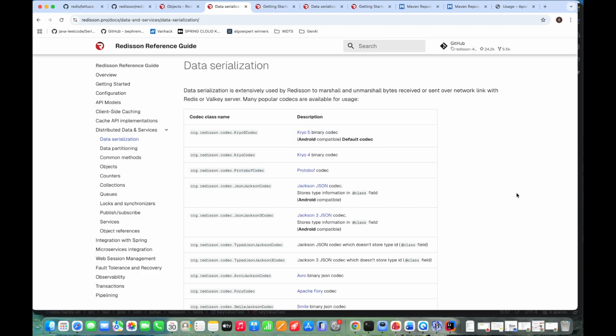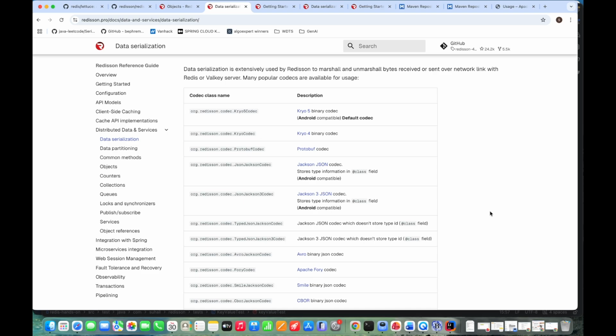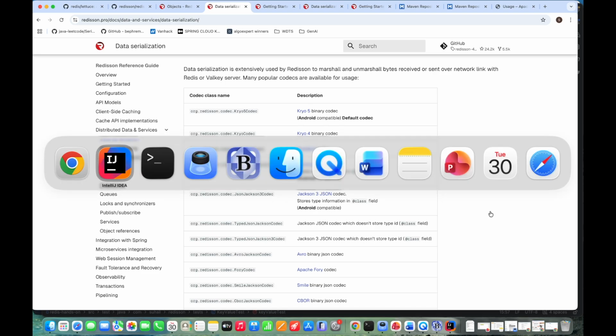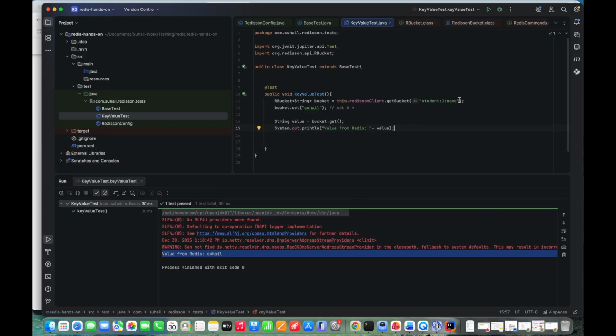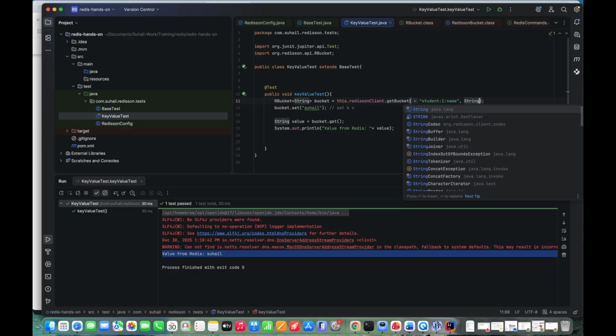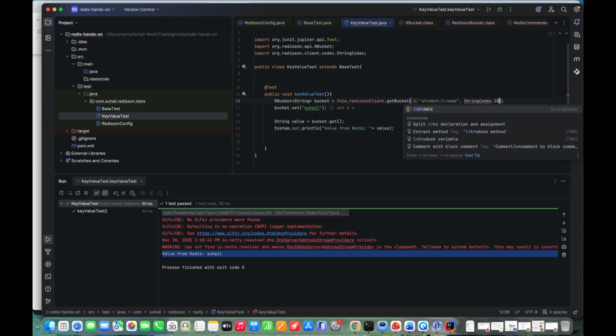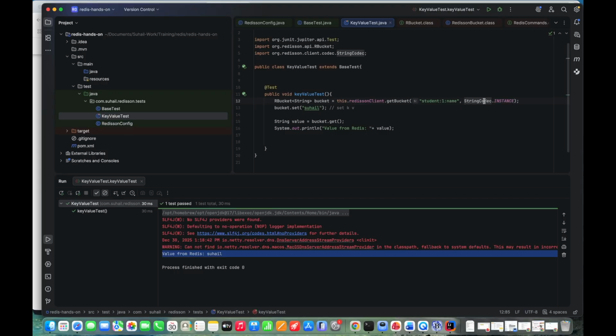So these many serializers are already available in Redisson, but in lettuce, these serializers are not available. So at the end you would be creating your own custom serializer if you are using lettuce. But Redisson has a lot of capabilities, a lot of serializers already inbuilt. So we can use the same serializer. How can we use that? We just need to pass the string codec dot instance. If we use it this way, now let's run this again,